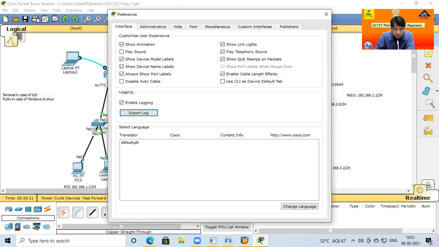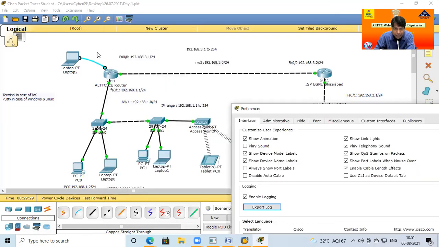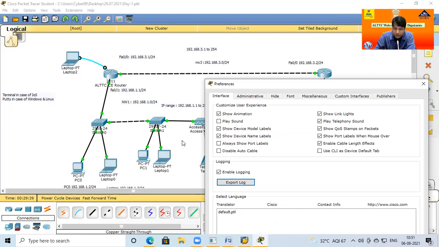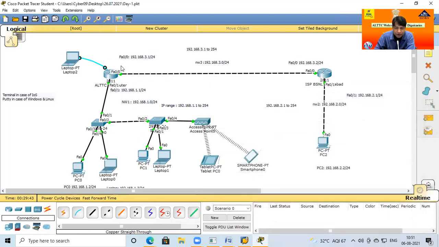There is one pop-up screen open. In this there is the show always option, which is unchecked by default, so it may look like there is no indication here. If I check mark it here, you can see this indication is showing. So how to show this indicator? Just check mark here. So the router IP allotment was already done yesterday, and today I repeated it for one port.